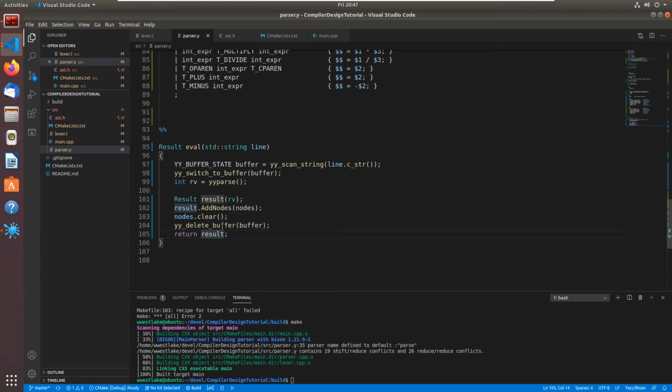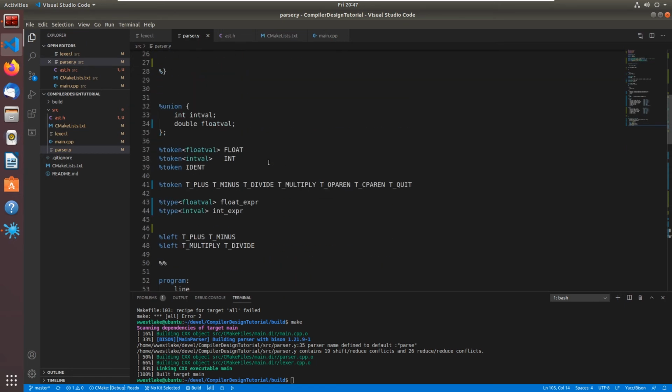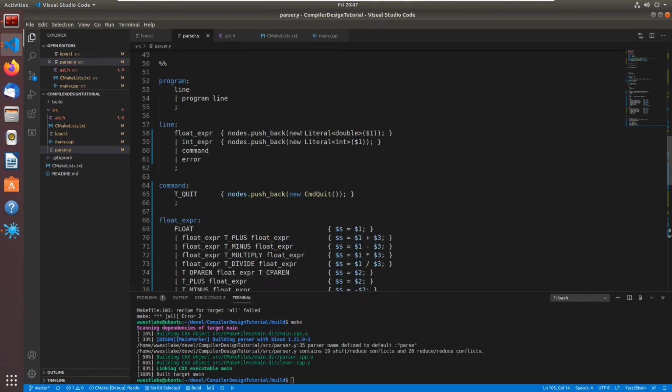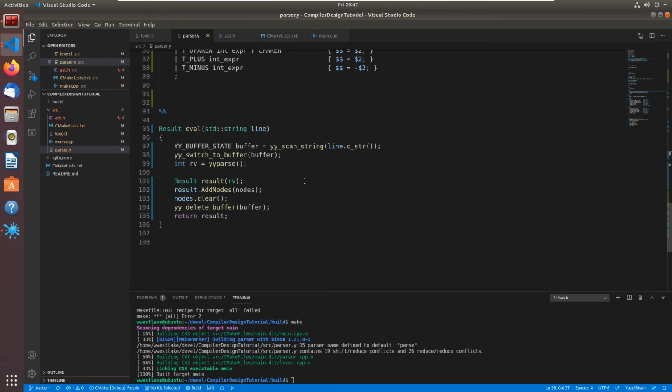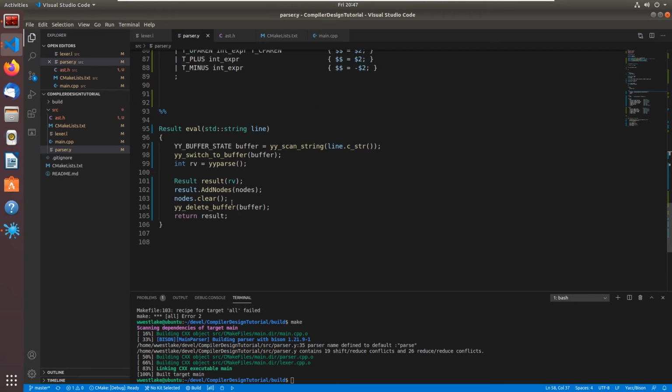Now there is one little problem with this. We need to really be cleaning up those nodes. See, we're using new, right? So we want to get rid of those nodes when we're done with them. So they've been cleared out of here, and we now have possession over here. We could delete them over here, but